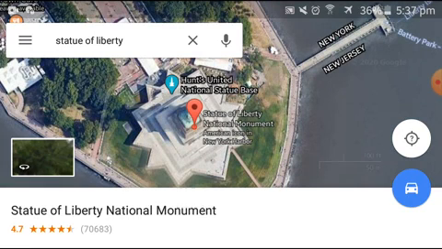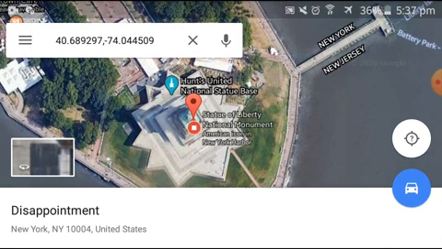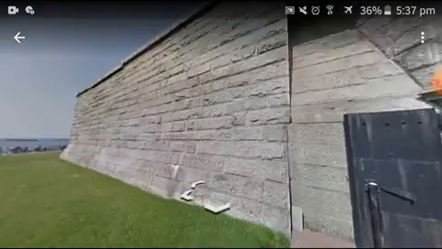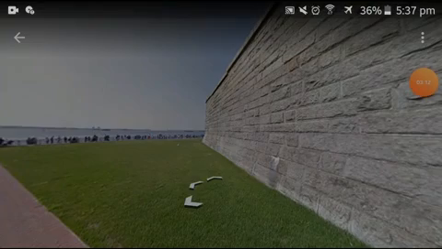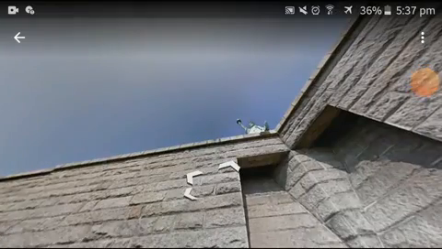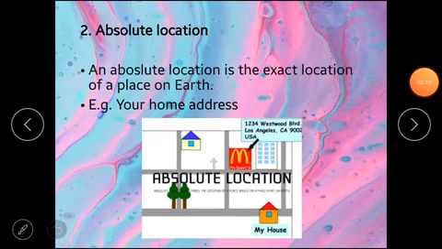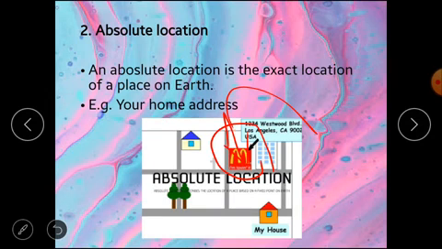The red point that you're watching is the absolute location of the Statue of Liberty. We can see the street view also. See, that is the Statue of Liberty. Amazing, right? Or we can take this example also. This is McDonald's. This is its absolute location, the address.